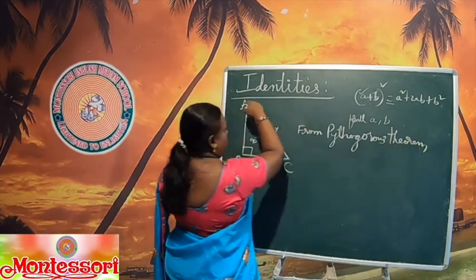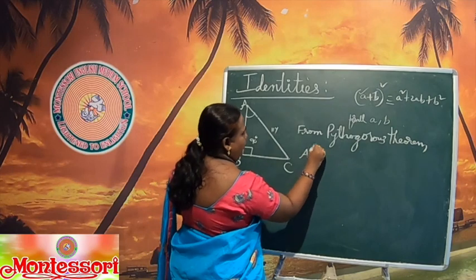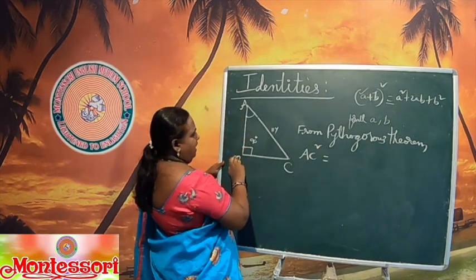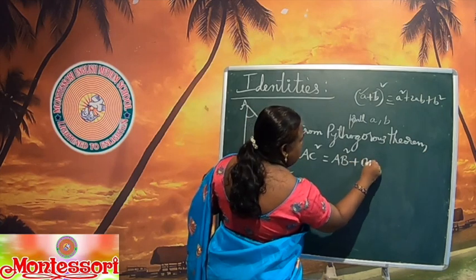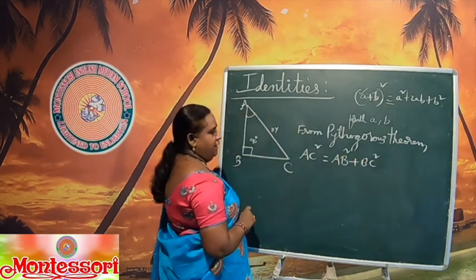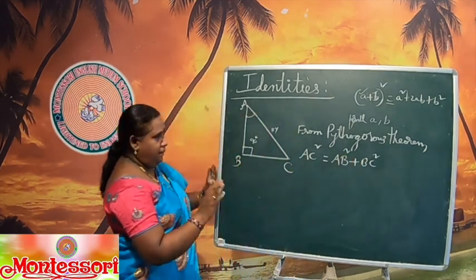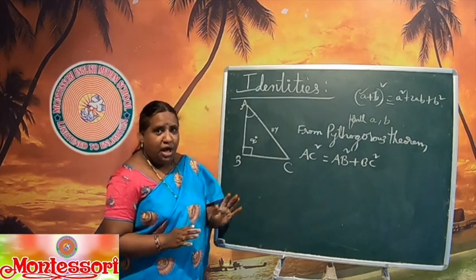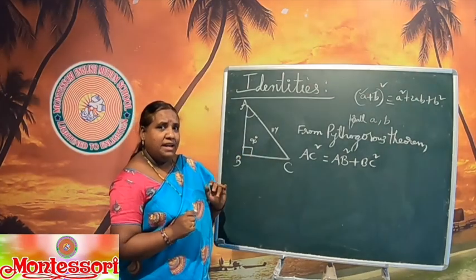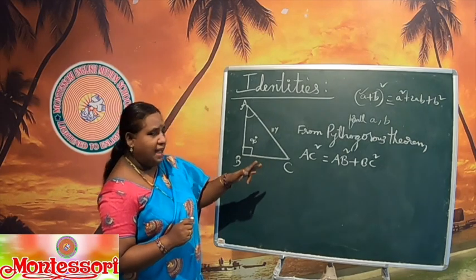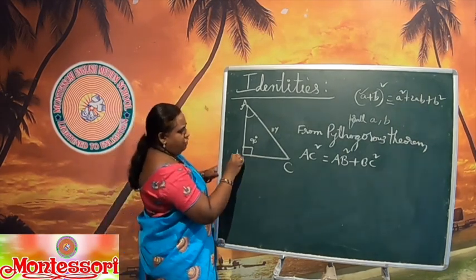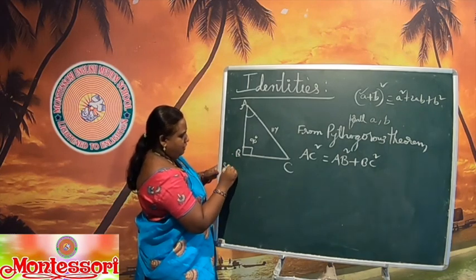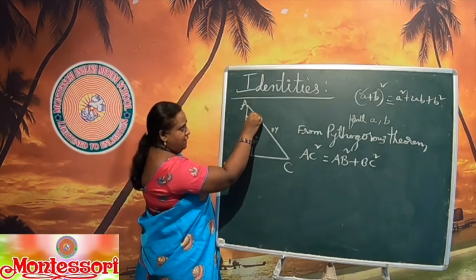Say children, the square of the hypotenuse is equal to the sum of the squares of the remaining 2 sides, the opposite side and adjacent side. So this is the information we have till now. Based on this, we have to derive one equation, that is the identity. So from this, I will write some trigonometric ratios right here. So now I am marking A.